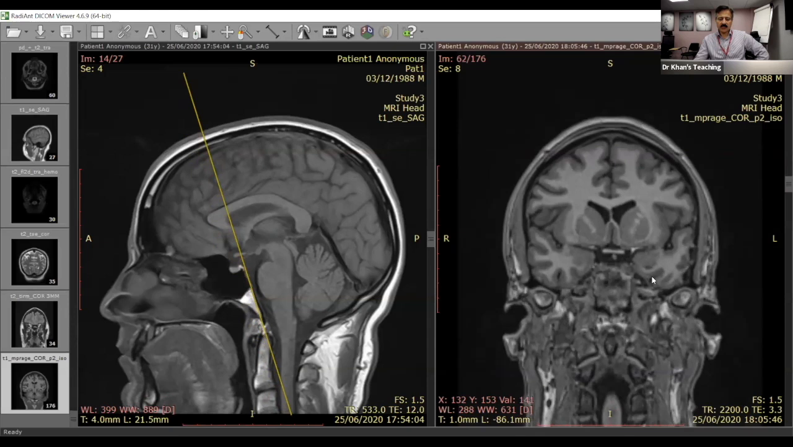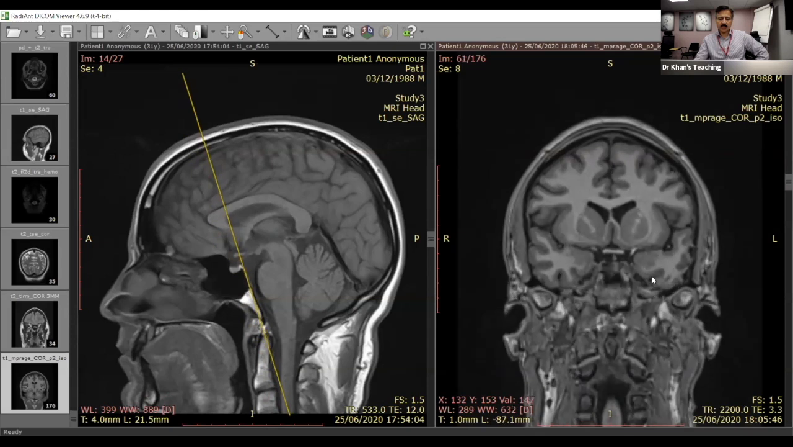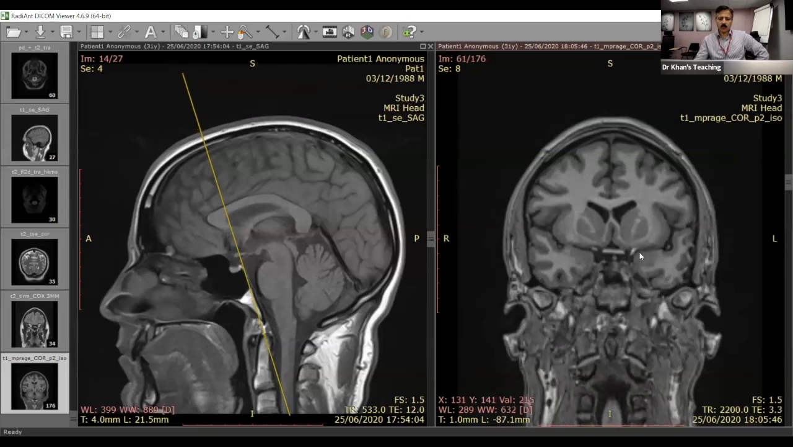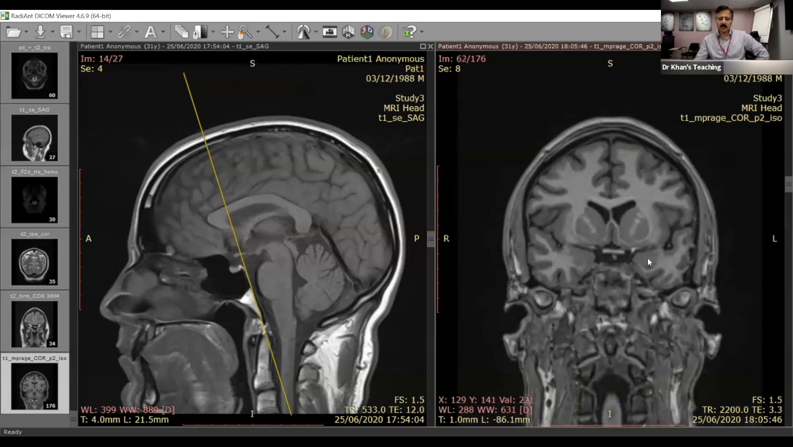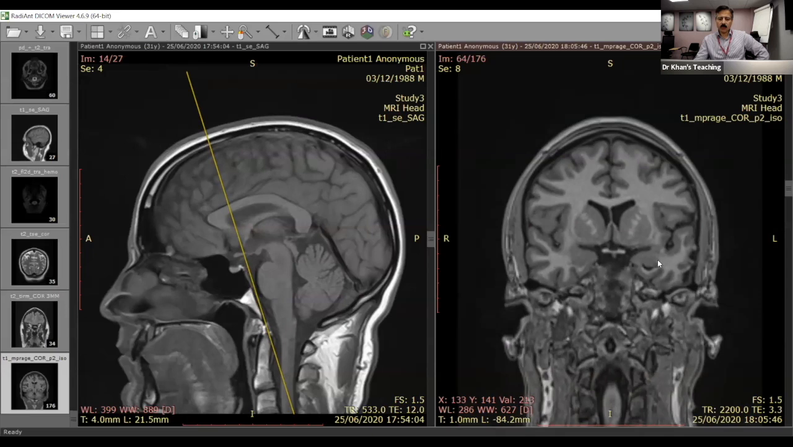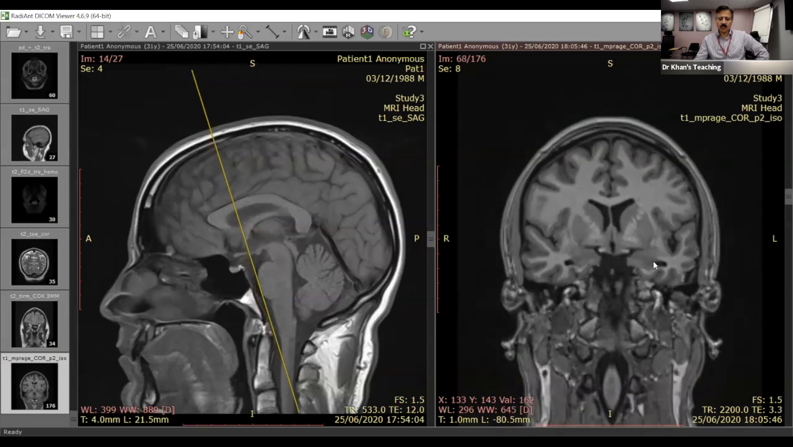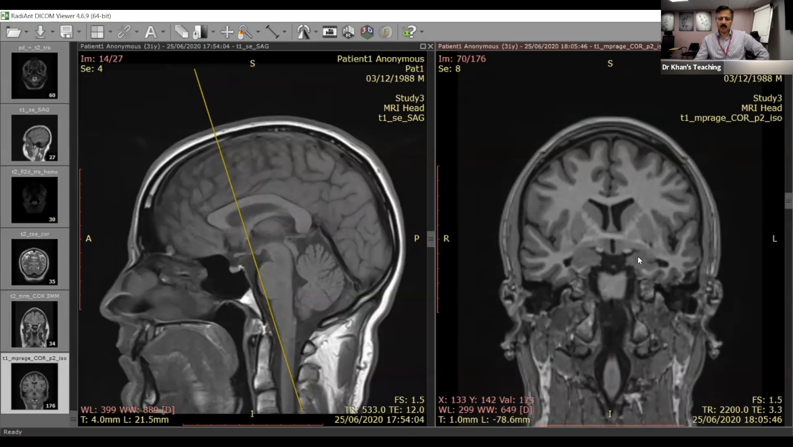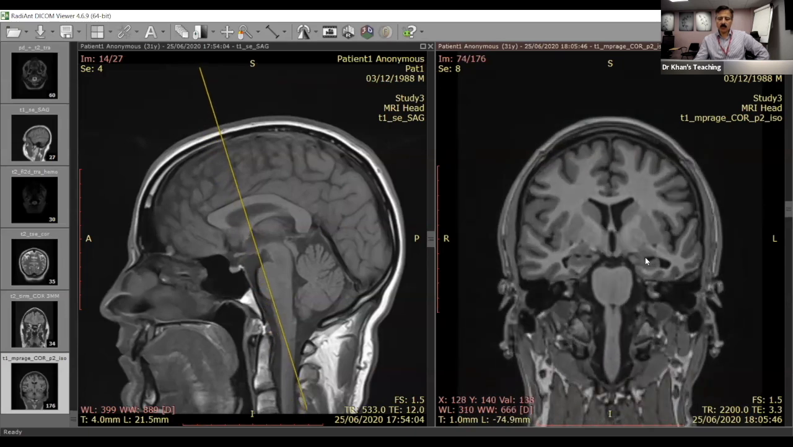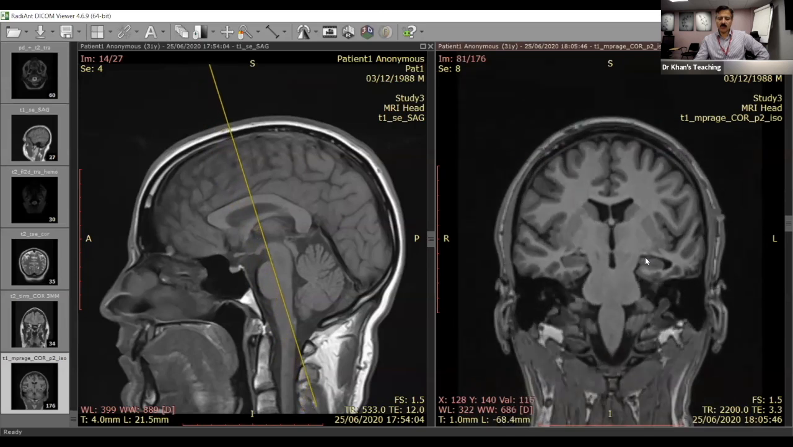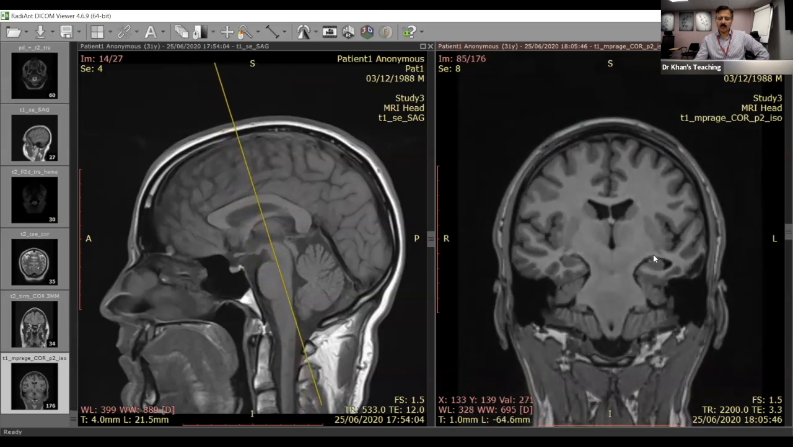Anteriorly, we can see this portion is the amygdala, and as I am going posteriorly, this is the temporal horn. So this is the hippocampus. This is the hippocampus. So from the hippocampus, the white matter will come out, which will ultimately